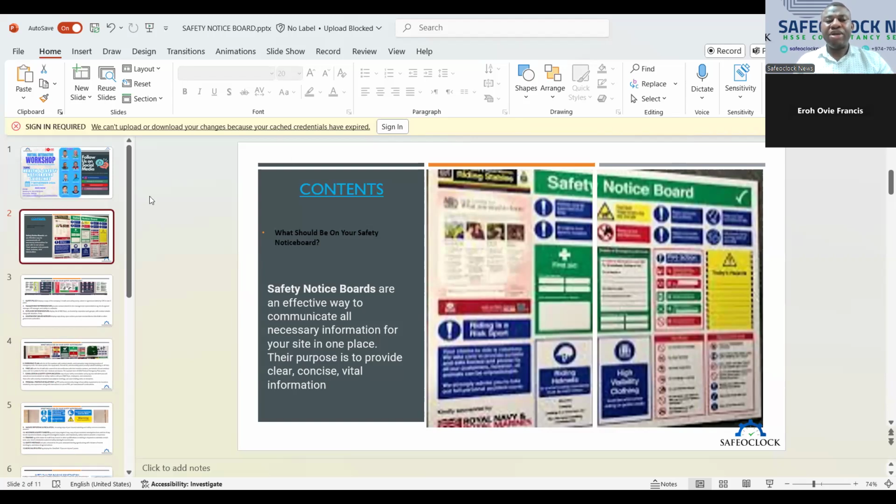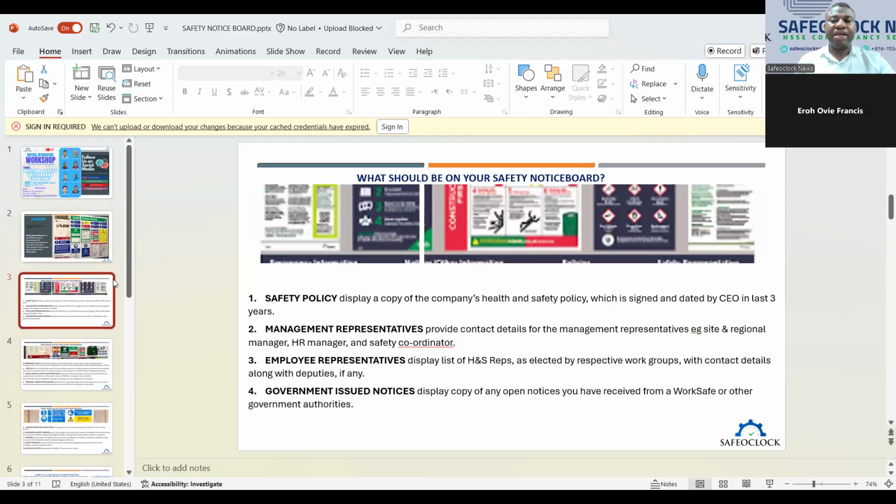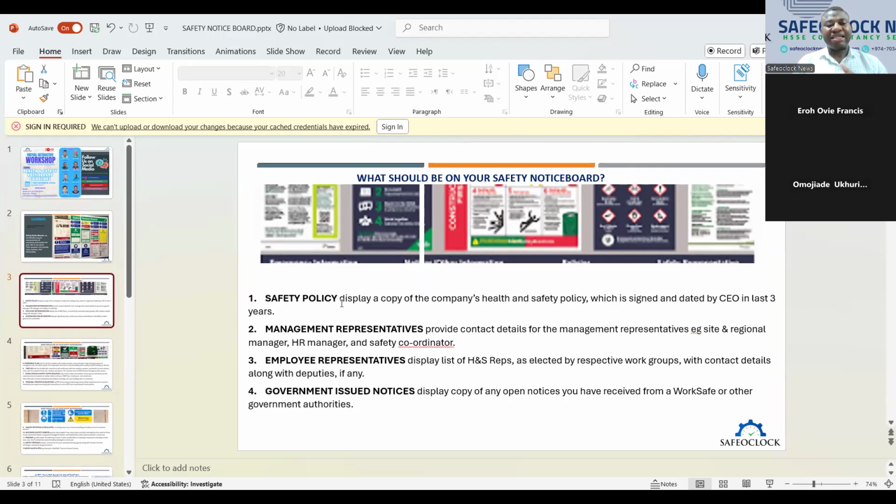Now I'll be talking about some of the items that should be on the notice board. The first item that should be on the notice board is the health and safety policy. The company's policy should be on the notice board. Why should it be there? The major reason is that the health and safety policy of the organization